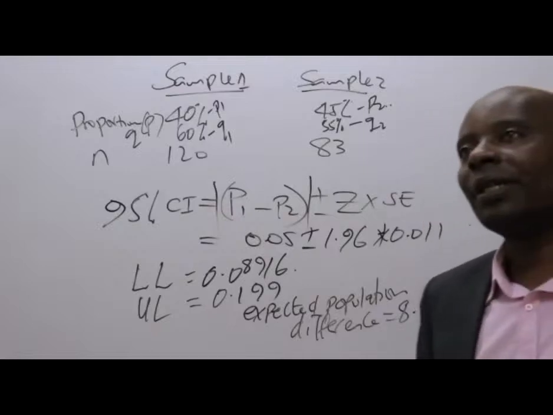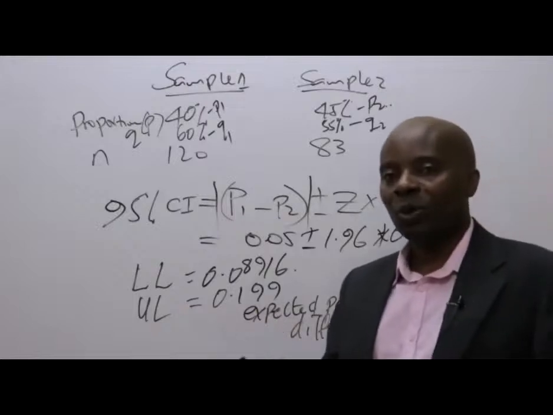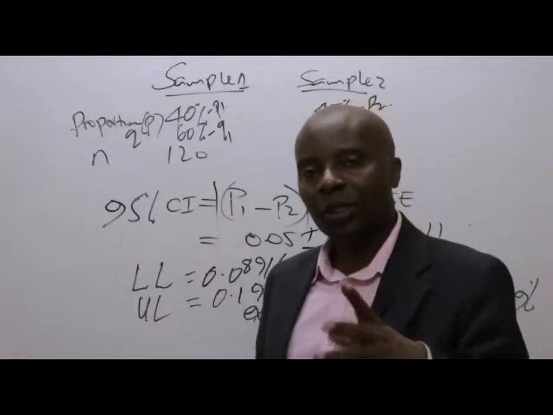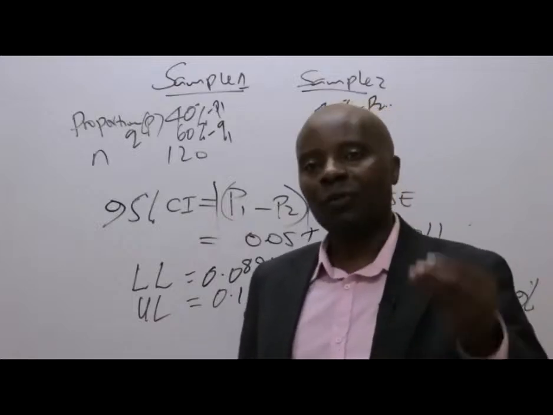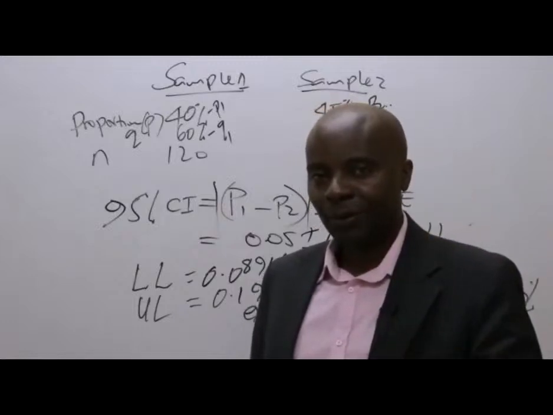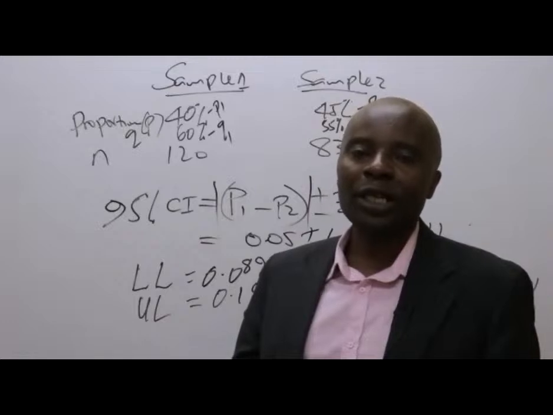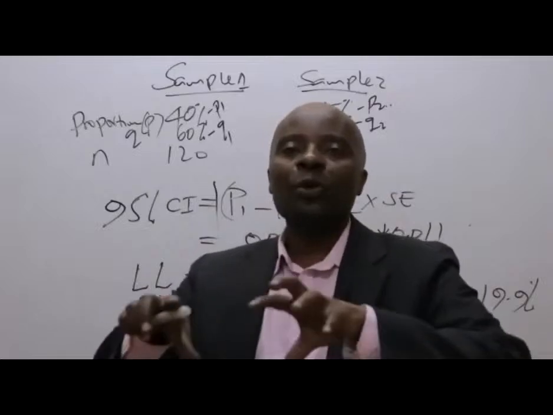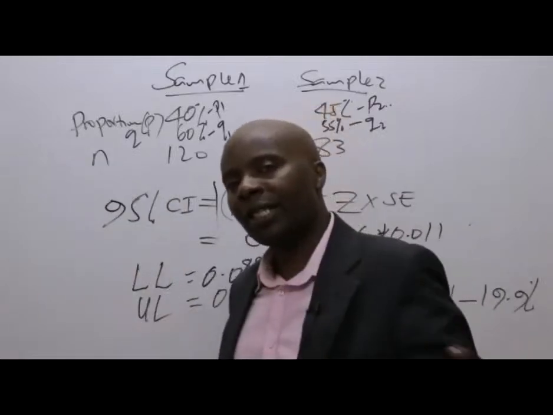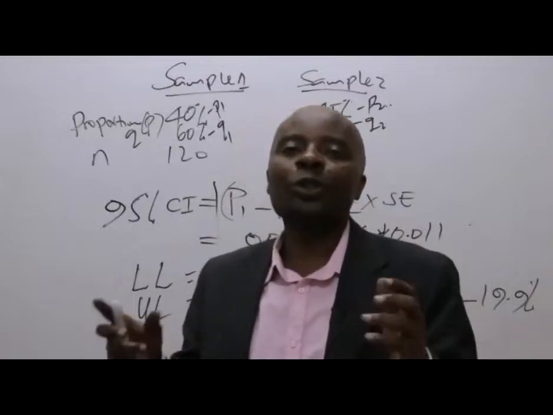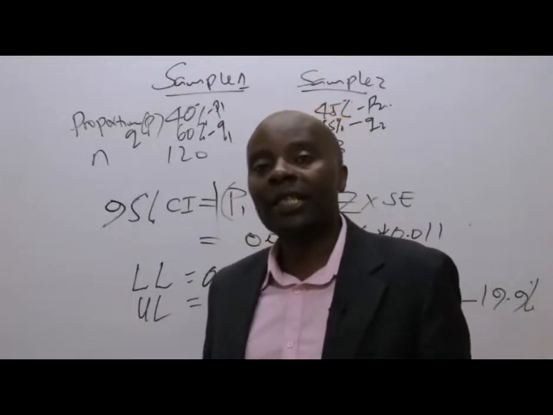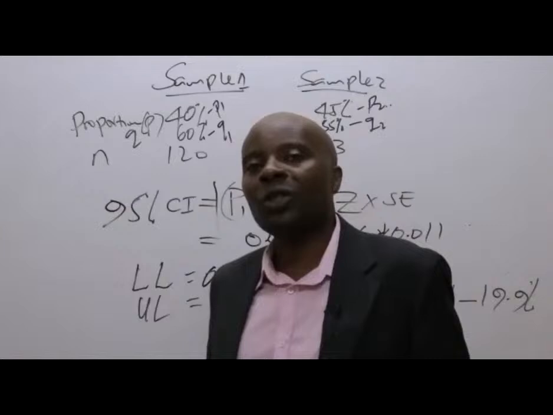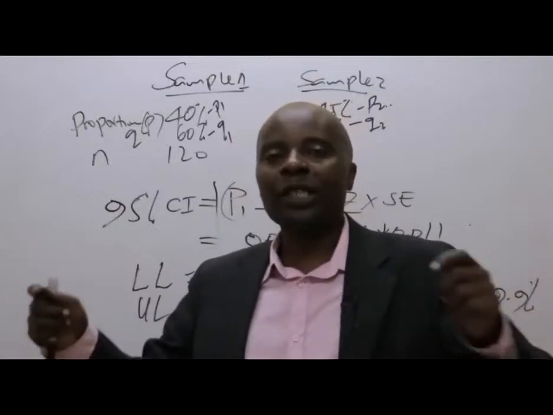You know, ladies and gentlemen, look at, for example, the COVID samples. You'll get sample 1 of 3,000 people who have been tested for COVID, having, for example, 7% positive. Another sample of 3,000 having this particular. So we'll be asking ourselves, what if we were to get samples from the entire country, how different will these sample proportions be? The bigger the percentage, the more the errors. Because honestly speaking, given that we are drawing the sample from Kenyans,